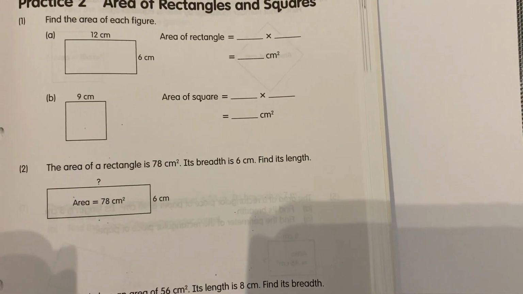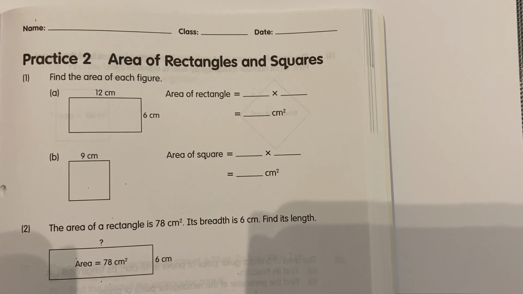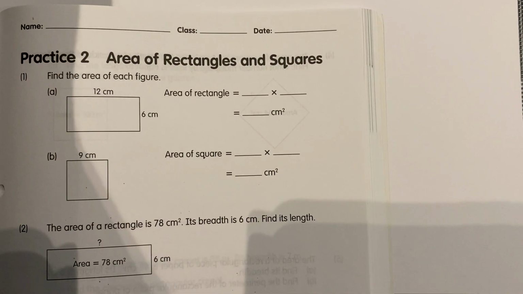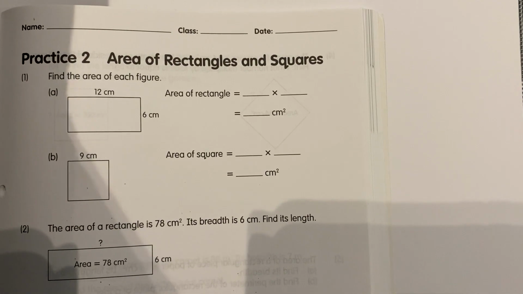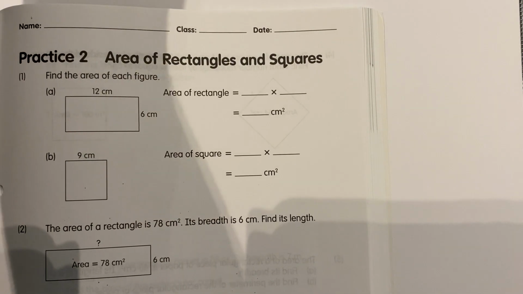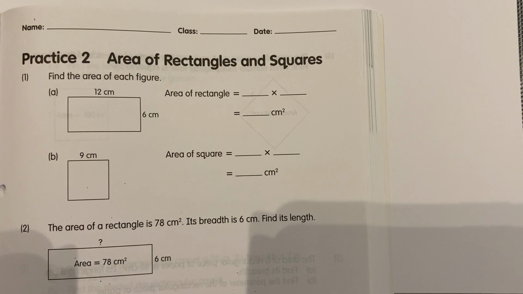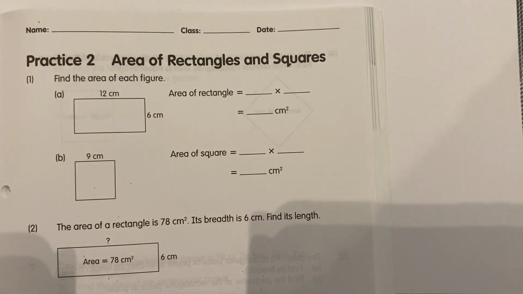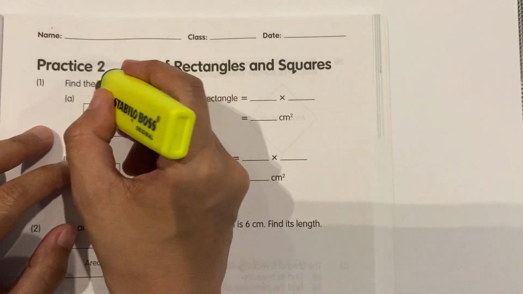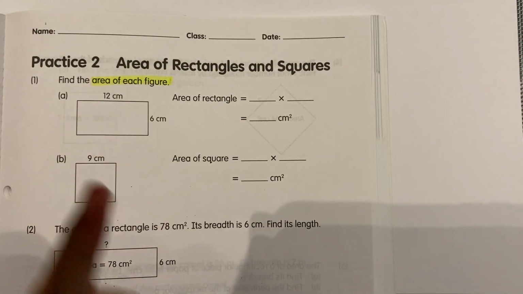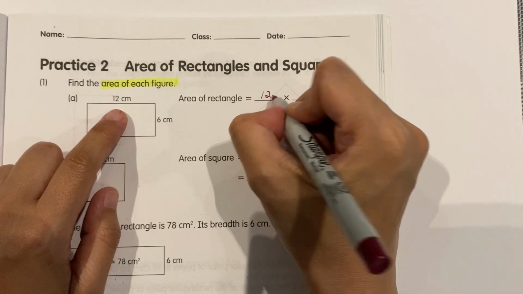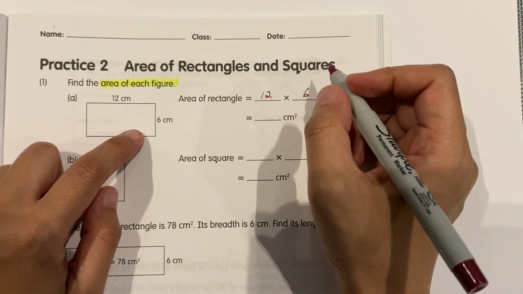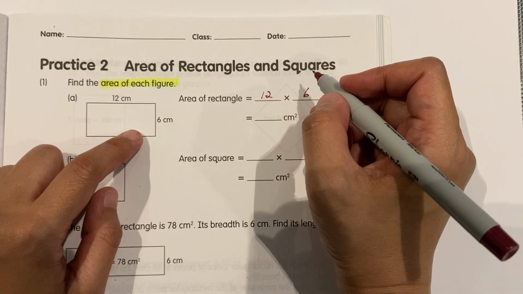Let's take a look at practice 2. Now you are finding area. No longer length, no longer perimeter. It's the area of the figure. Now remember, the formula for area is length times breadth. So here, find the area of each figure. The area of the rectangle is 12 times 6, and that is 72